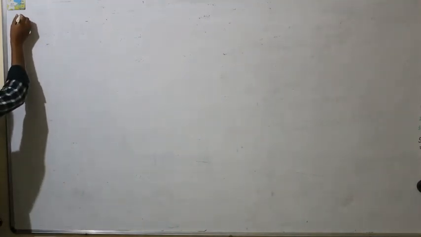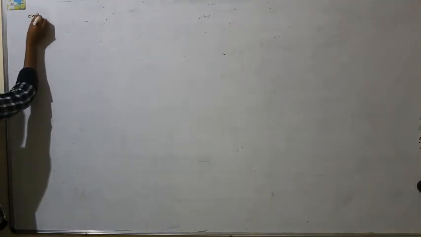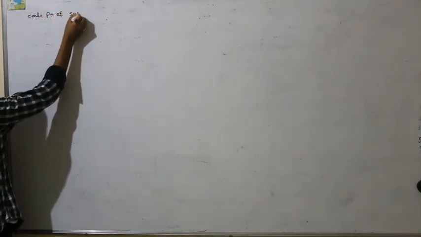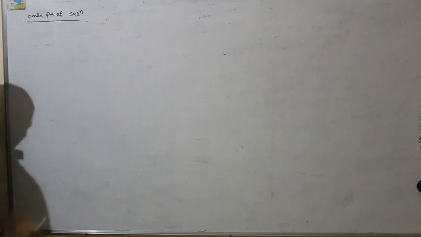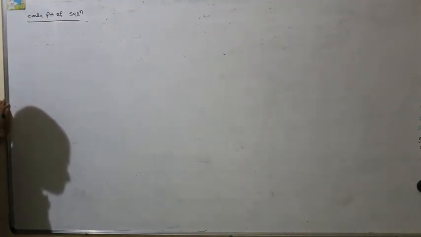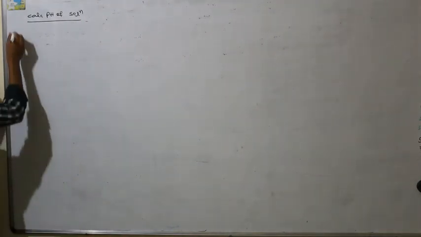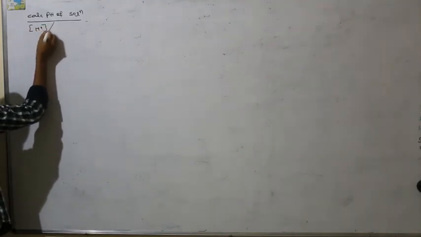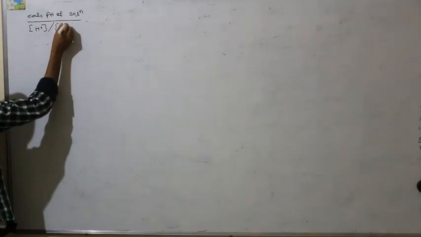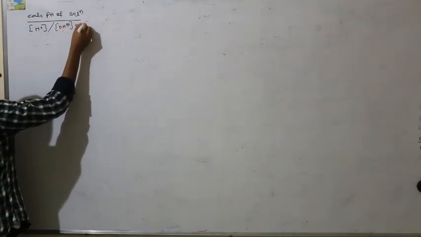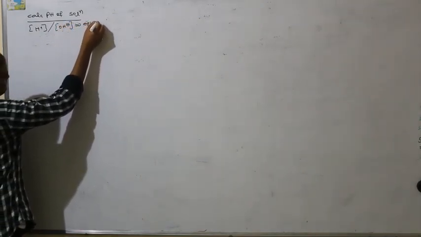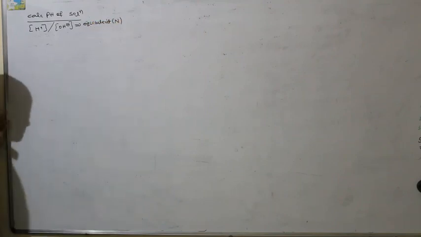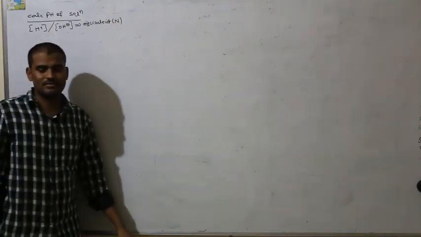Another method of question they can ask is calculating the pH of a solution. So in this case, to calculate pH, we need either the concentration of H plus or the concentration of OH minus in terms of equivalence, that is, normality. So always remember that